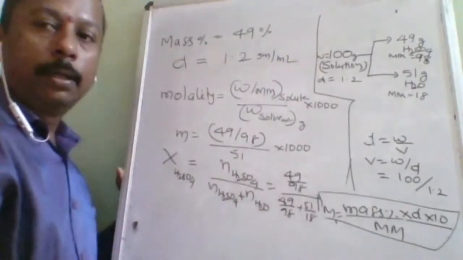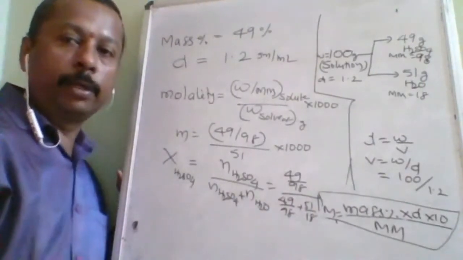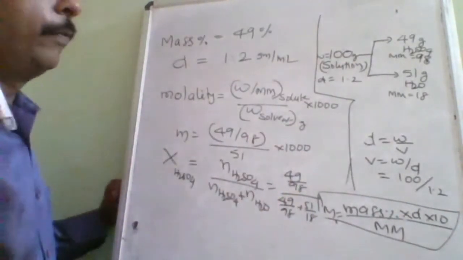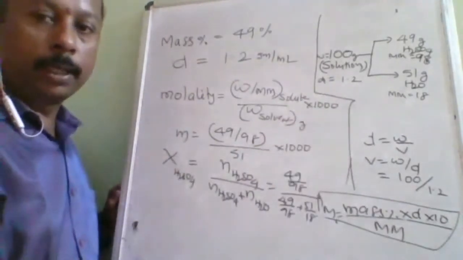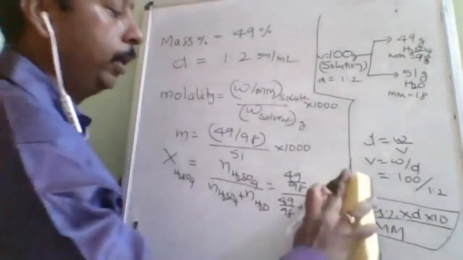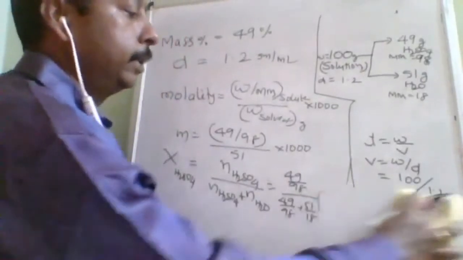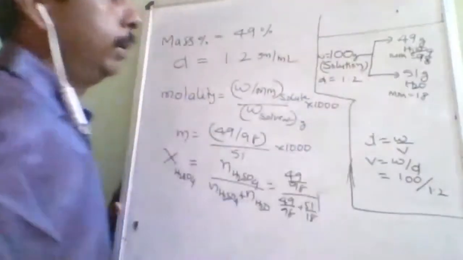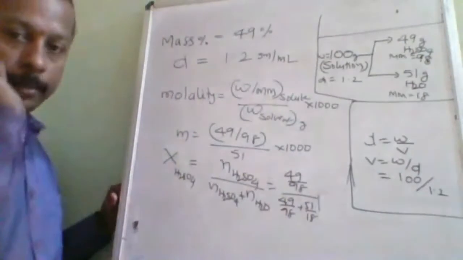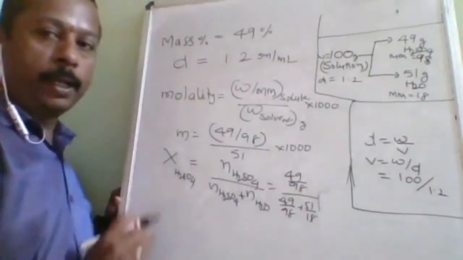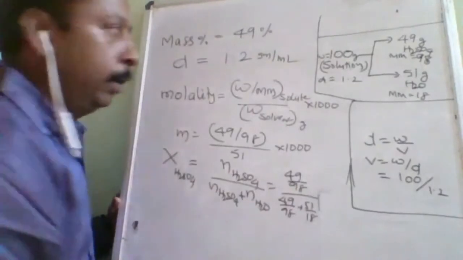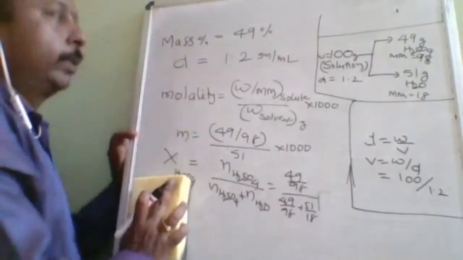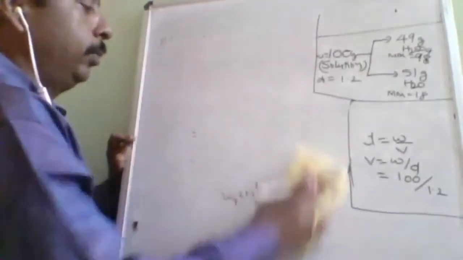So this tabular form is more and more important. If you write in detail like that, no shortcut formulas are required. With a shortcut formula, you can do only one numerical, and in the examination tension you may forget even one word, and that will not give you the correct answer. So molality, mole fraction, everything is done. Up to here, is it understood? I have covered everything from theory to numerical.